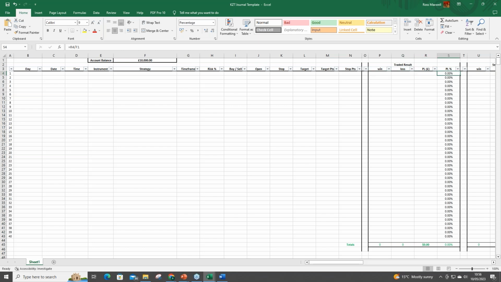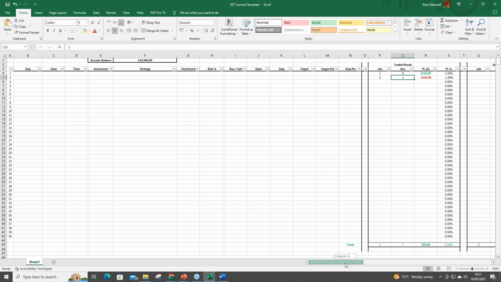Now, one thing that I also recommend my clients do is have a section where, if it's a win, you put a 1 in the column, and if it was a loss, you put a 0 in the column. So if you win, it's win 1, loss 0, and you made £150 or $150, you've now made 1.5%. If you lost $100, you're minus 1%. And then down here it calculates your overall results.